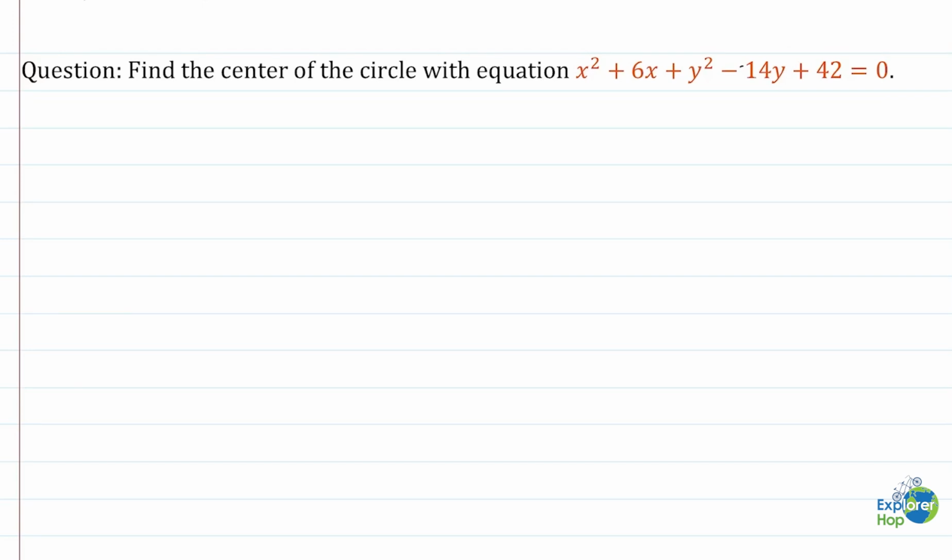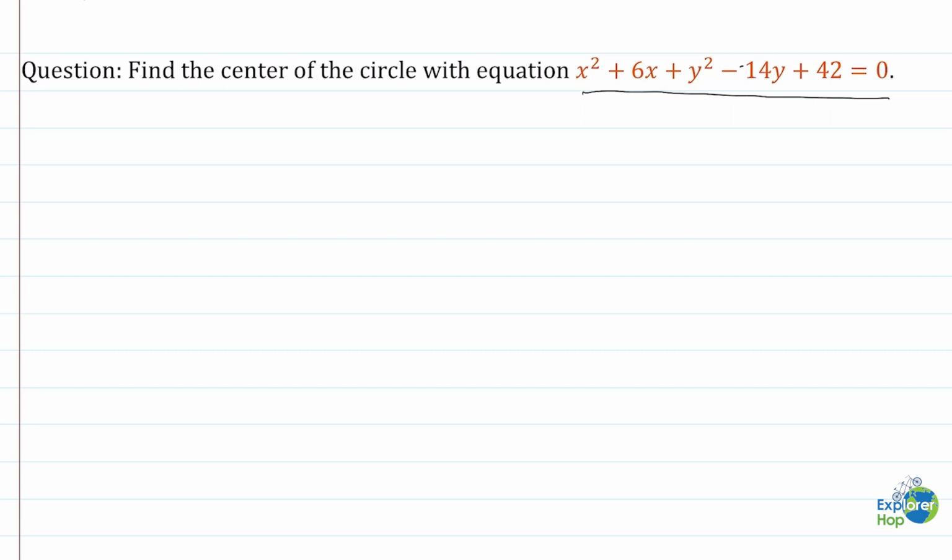In today's worked example, we'll find the center of a circle which has the equation x squared plus 6x plus y squared minus 14y plus 42 equals 0. So let's start. The very first thing that we need to do is write the equation